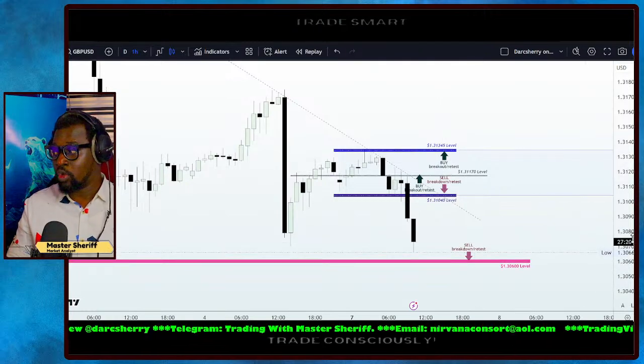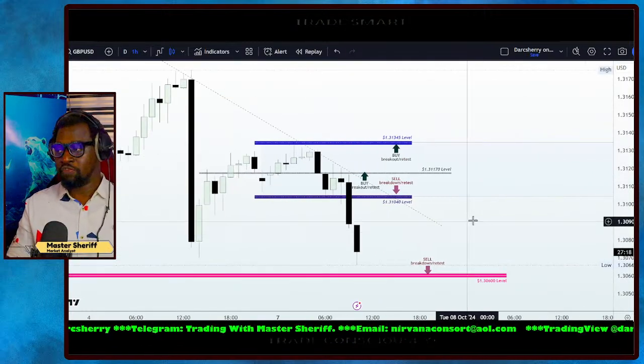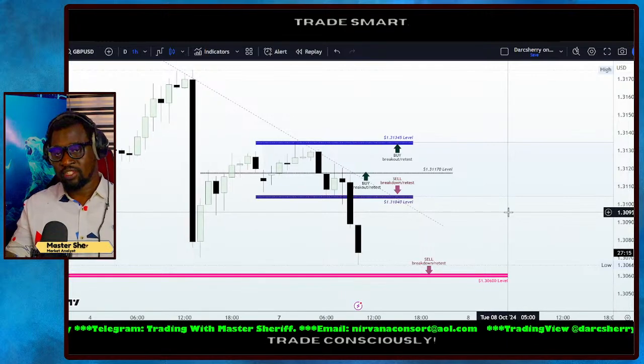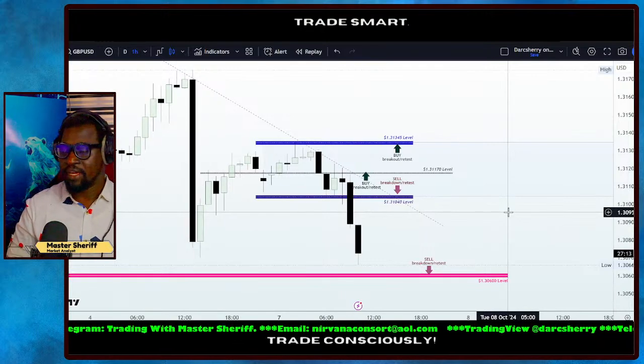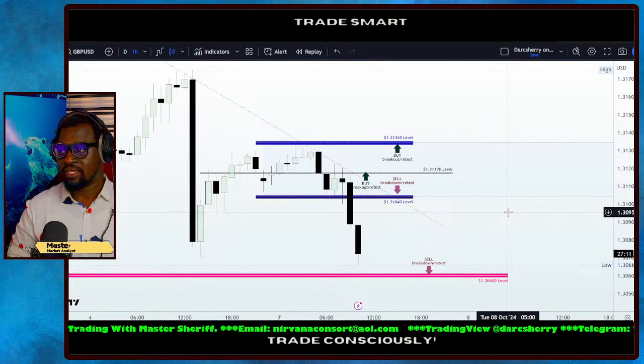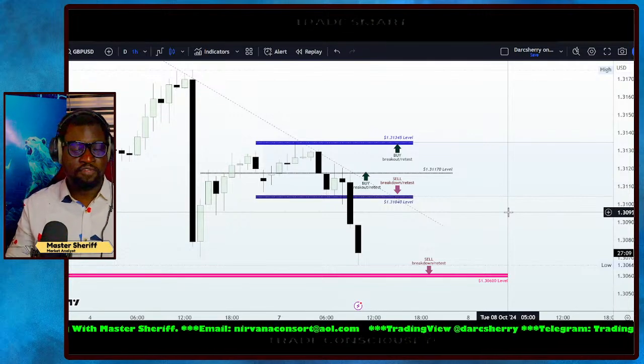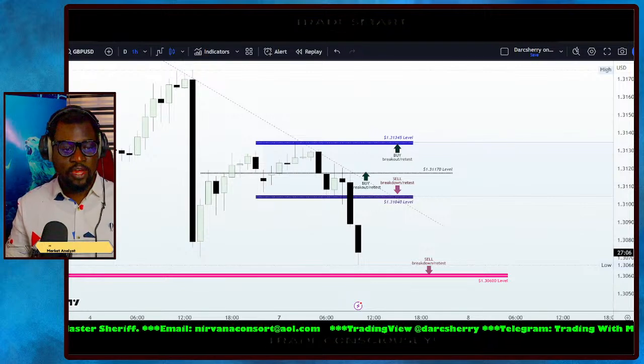Of course, I will be giving us updates on both my TradingView and Telegram platform as soon as I identify interesting trading setups around that particular area. So this is my simple view on the GBPUSD for today. I hope I made